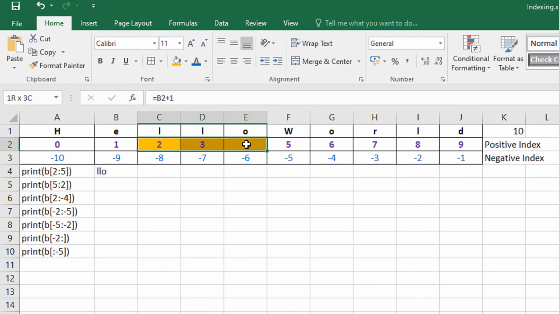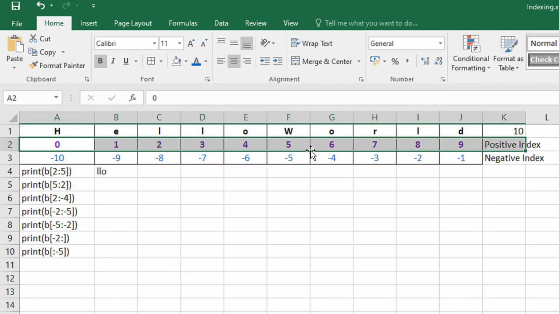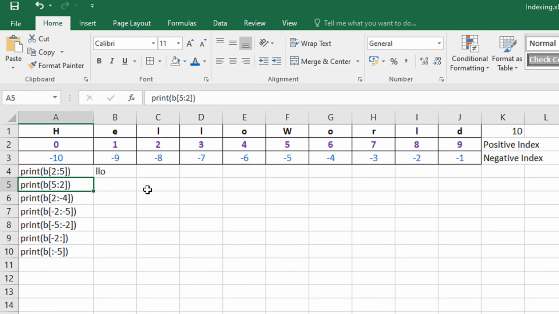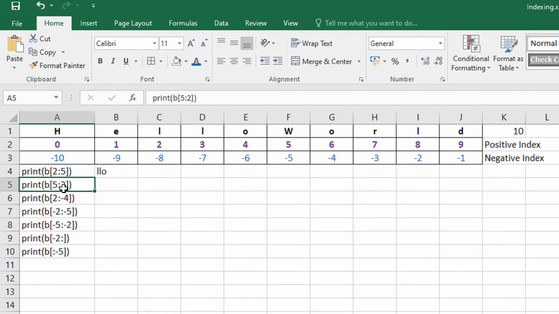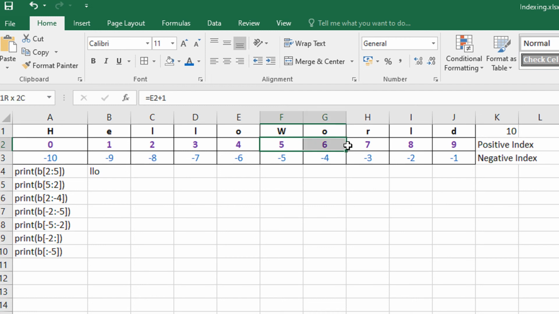Now one more thing. Let me just remove this formatting, no fill. Now I have 5 to 2. Remember one thing in Python which is very important. In positive indexing, you always move on the positive side, right? You always look ahead. So for example, in this output, print of b[5:2]. You start from 5, but you are going to 2. In this case, the output will be blank. Now I will tell you why. When I am at 5, Python says that when you are referencing by positive index, 5 is a positive index, right? You can only move in this direction.